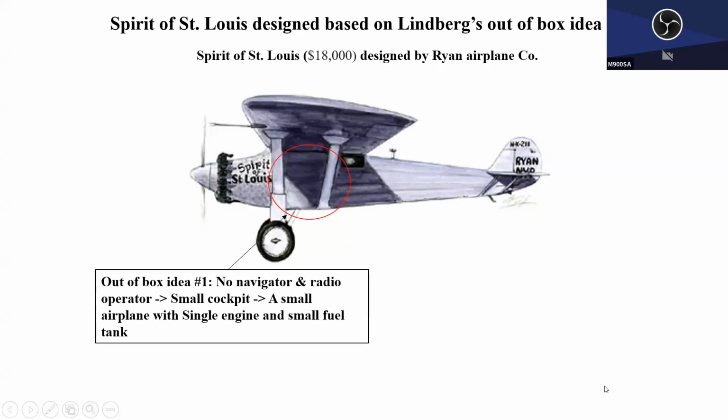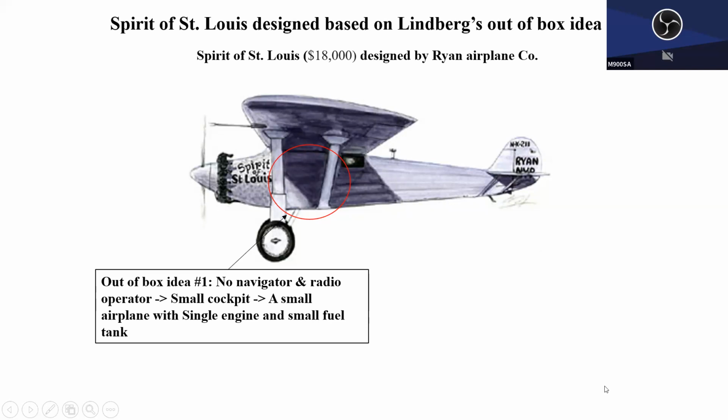First thing he said is he's going to fly by himself, no co-pilot, no navigator, because no navigation. His reasoning is he's flying toward the east. He knew his airplane would drift one way or another, but he knew the European continent is big enough, so if he kept flying, he should be able to hit somewhere between France, Spain, and Norway. Once he hit the coast, he just needed to follow the coastline to reach Paris. So that's why he said he didn't need the navigator.